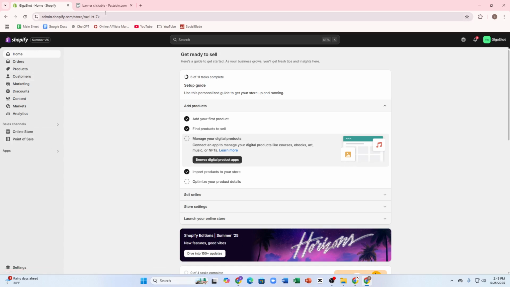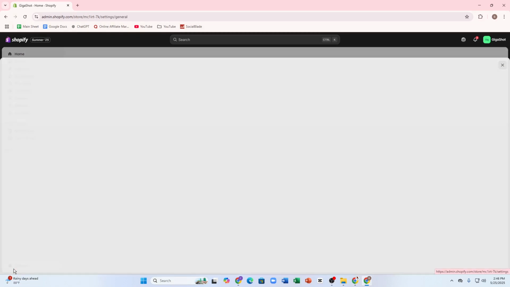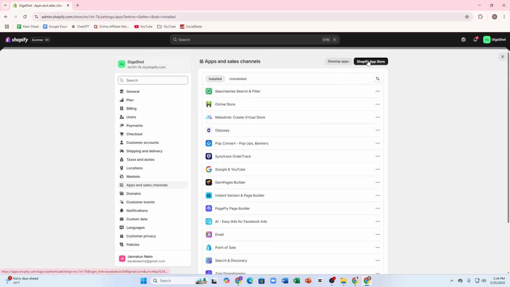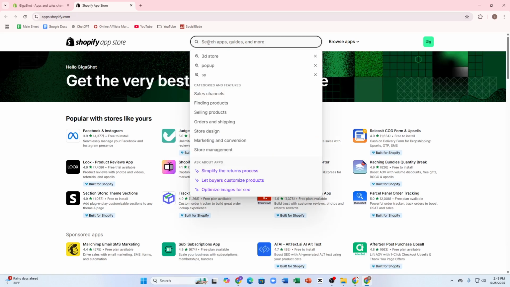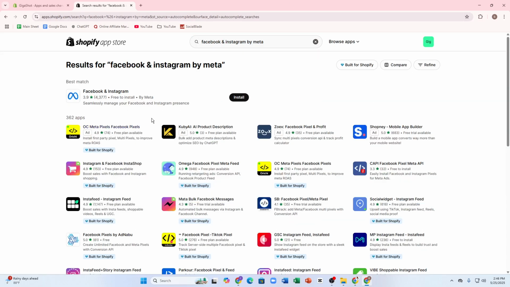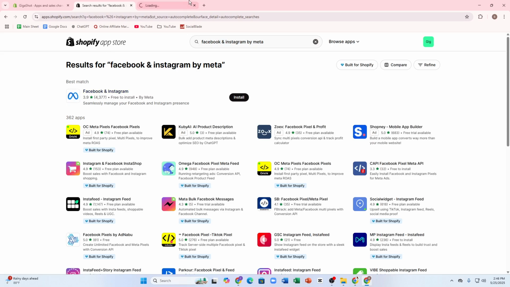To do it, you have to head over to your Shopify admin panel. Then here you can see the settings option at the bottom left corner. Just tap onto it and then tap onto apps and sales channel. Then you have to tap onto Shopify app store. After clicking onto Shopify app store, search for Facebook and Instagram. You can search it up and then install this app right here. This one, the first one, just install it up